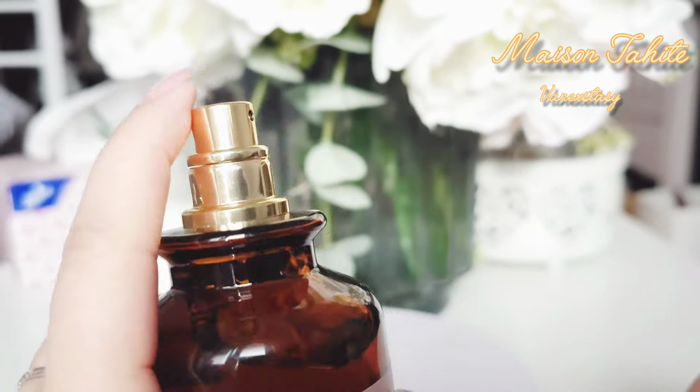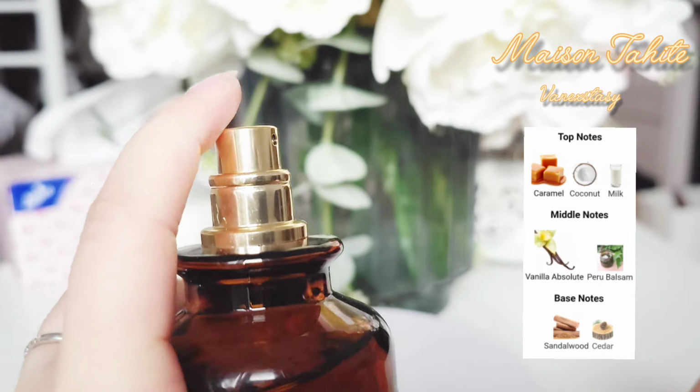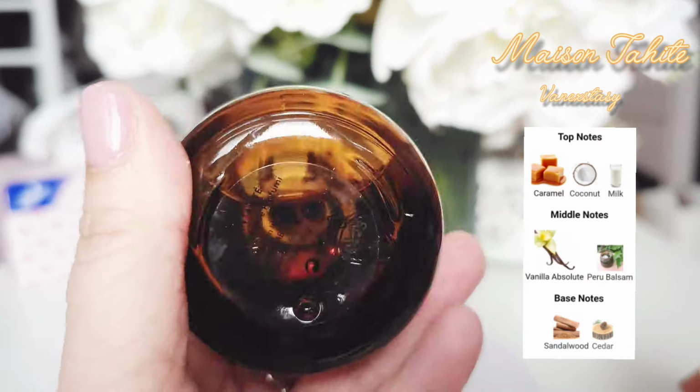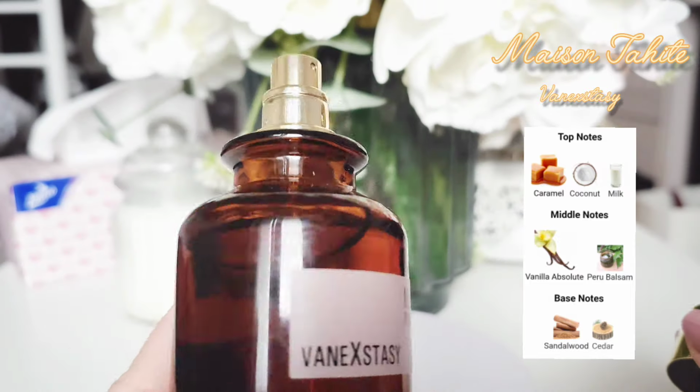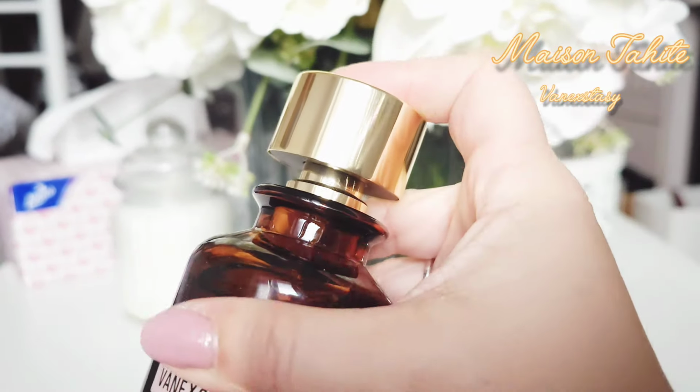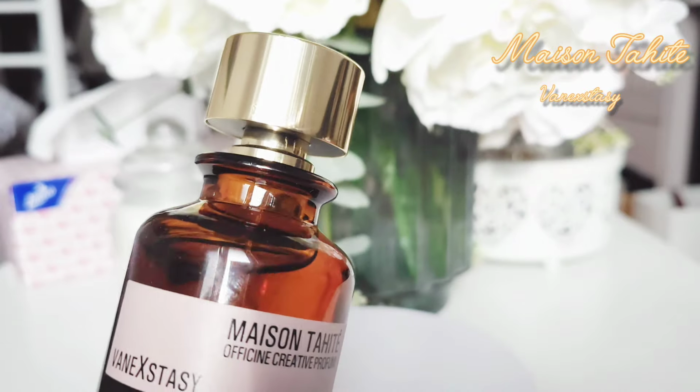It was launched in 2020. Top notes are caramel, coconut and milk. Middle notes, vanilla absolute and Peru balsam. Base notes, sandalwood and cedar. If you are going on a date and you would like to end up in that person's place, try this